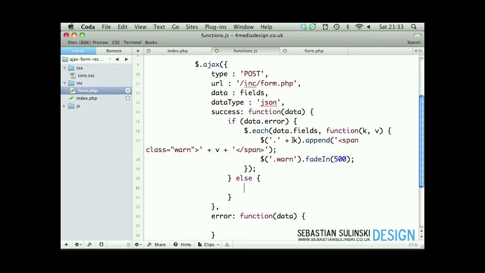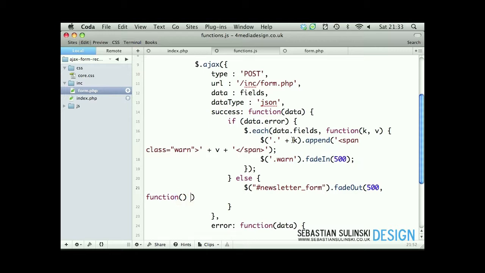Now, if we haven't got any problems, what we want to do is make our newsletter form fade out, again speed 500, and a callback will be after the comma, function. So once the form has faded out, this is what we're going to do next. We will simply use our div newsletter form, which is wrapping our form basically. We hide it, then we feed it with the